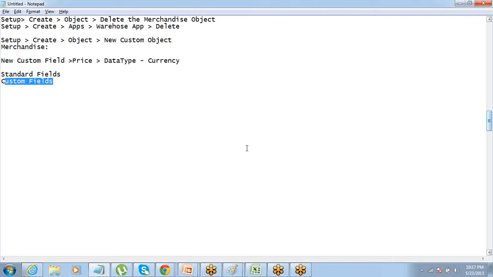Yes, very correct. So your logics are pretty correct. Standard is built in and custom is user created. Absolutely correct. Standard is something which comes by default from Salesforce. Why is it called standard? Because it is standard across all Salesforce clients. You create an object in your Salesforce org, or I create an object in my Salesforce org, standard fields will be there for everyone, right?